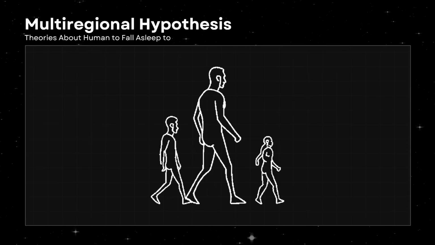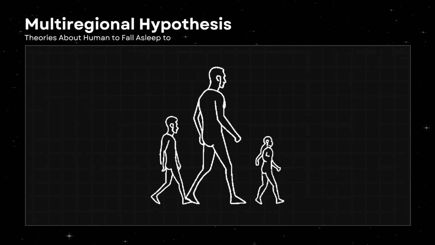This theory depends on the idea of gene flow. Gene flow means that groups of people met and had children together, even if they lived far apart most of the time. This movement of genes allowed helpful traits to spread, keeping the species from splitting into separate kinds. The changes that made people look or act differently in different areas still happened, but they happened within a shared human population. So, according to this view, people in China, Africa, and Europe all slowly developed into modern humans at the same time, not in one place first and then